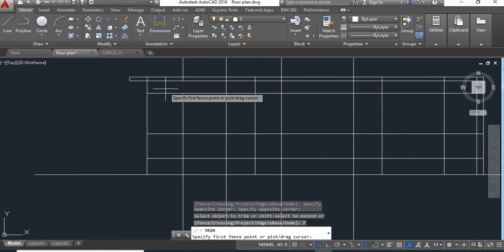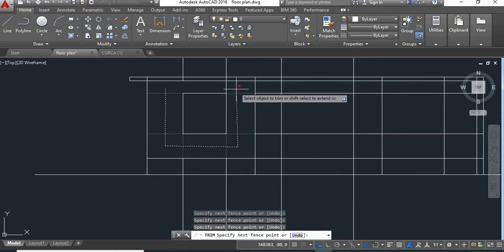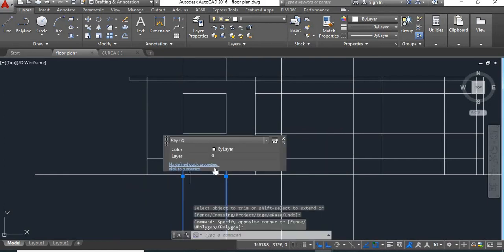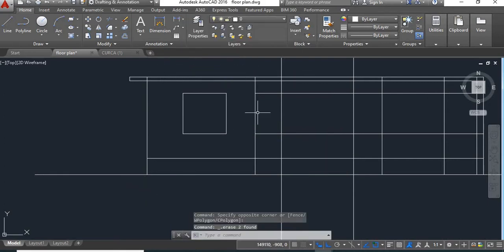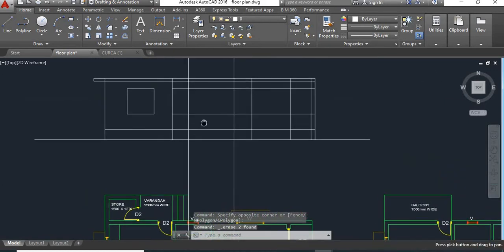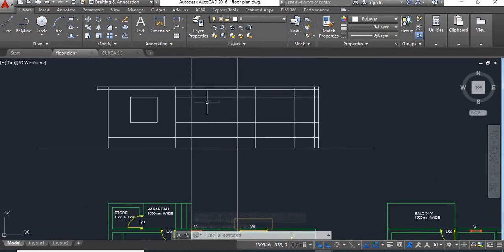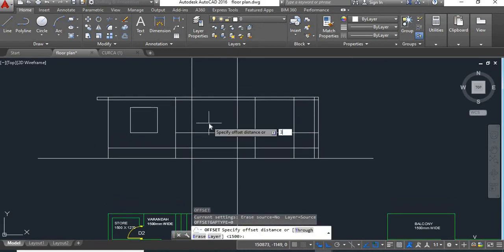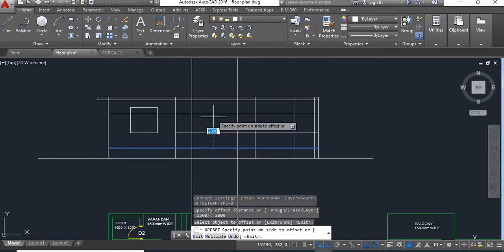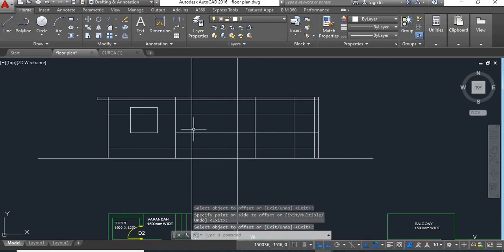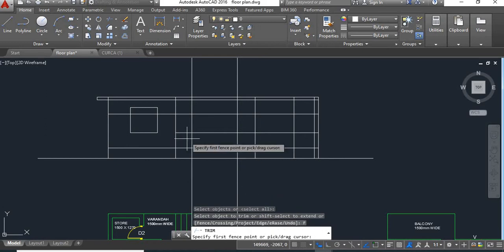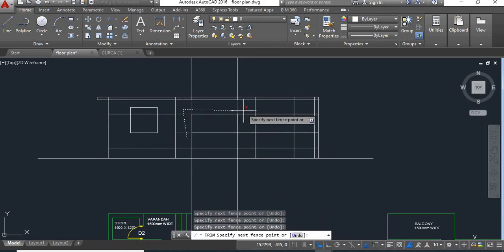We'll take this fence and take this and delete this. Delete these lines also. Now here there is a French door. We'll delete this line. French door height is 2000. So we'll give height from this plinth level. It is 2000. Say enter. Now trim. Take this fence and take this.